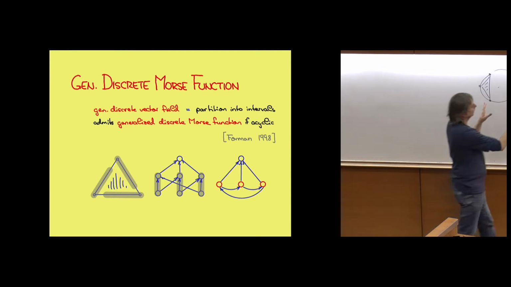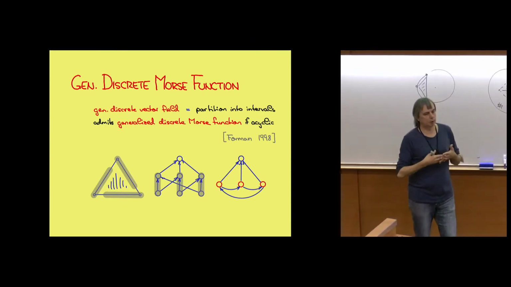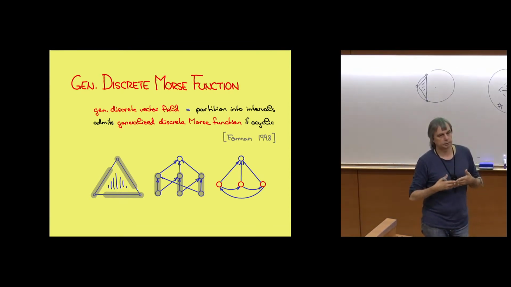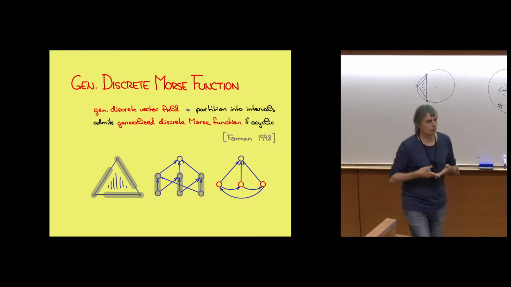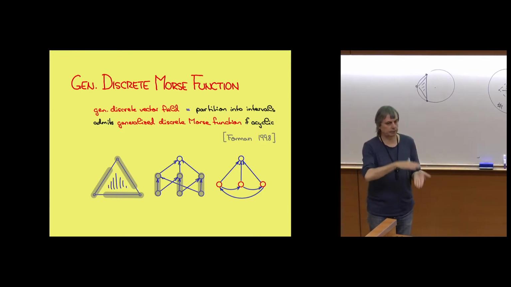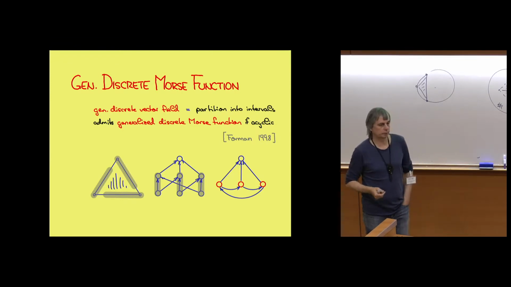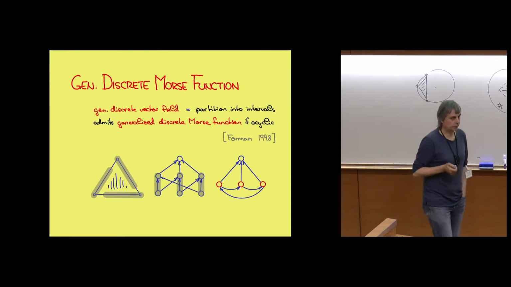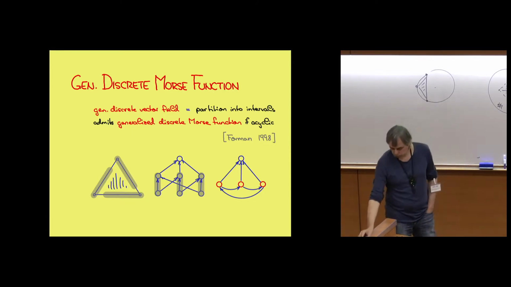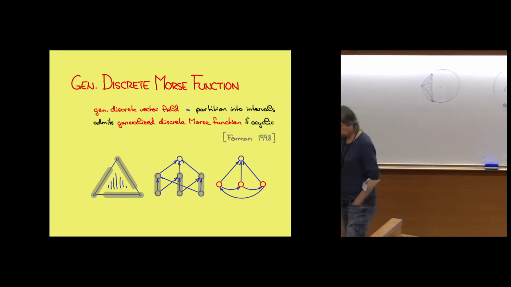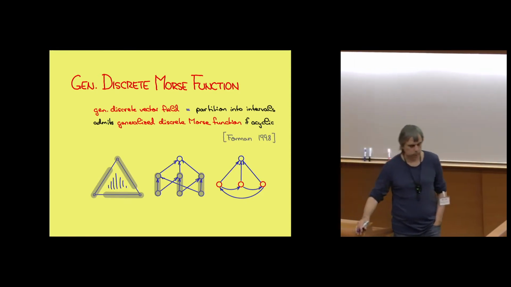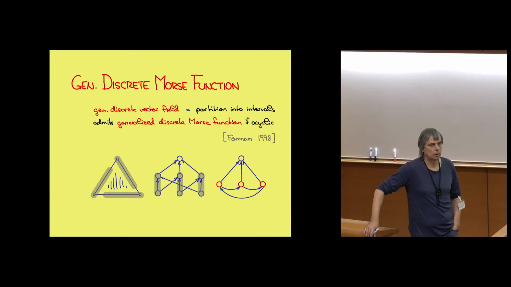Okay, so this defines the intervals, and then we just called this partition a generalized discrete vector field. It's acyclic because I have my function values in sequence, and so I have a gradient and I have a discrete Morse function. Does that answer your question? So given the function, you define the vector field by saying the intervals are any simplex and its bases, they have the same radius. All the simplices that have the same radius, if I assume general position, yeah. Otherwise, I have to be a little bit more careful.